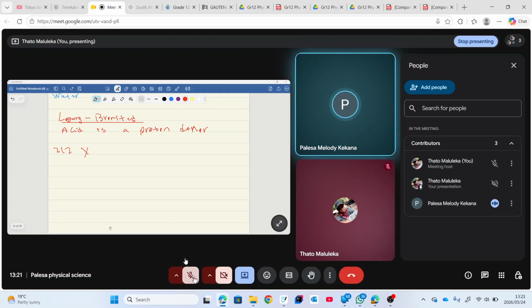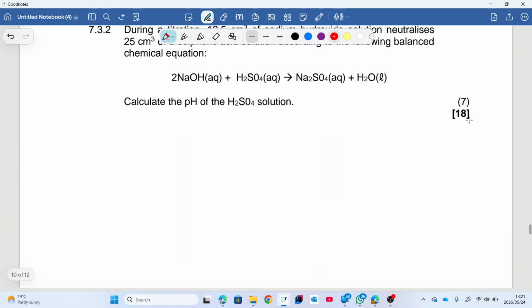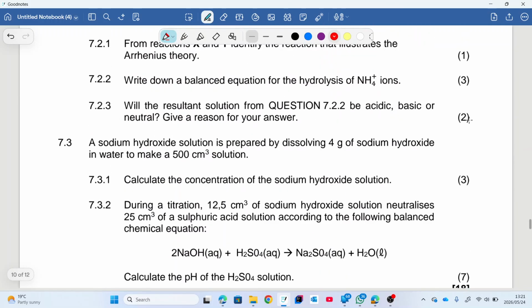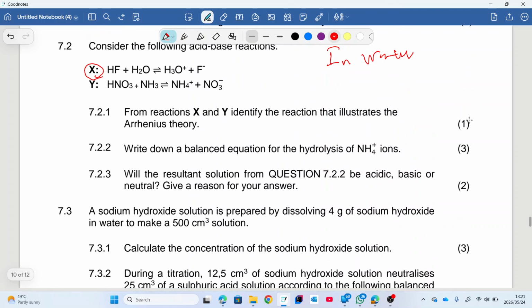If you're 15 minutes, get all that headset. Okay, now let me see. From reactions X and Y, identify the reaction that illustrates,